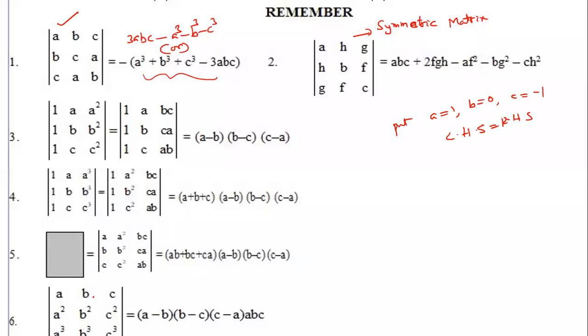1, 2, 3, 4, 5. See carefully. So depending on the question, you can put values also like this. Put A is equal to 1, B is equal to 1, C is equal to 1, like this also, no problem.